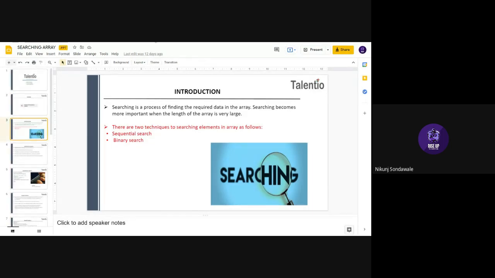This is how a computer finds your result in its database. You have to compare every roll number in the database with your roll number to find the result. That's what happens in searching. That's what searching means, right?